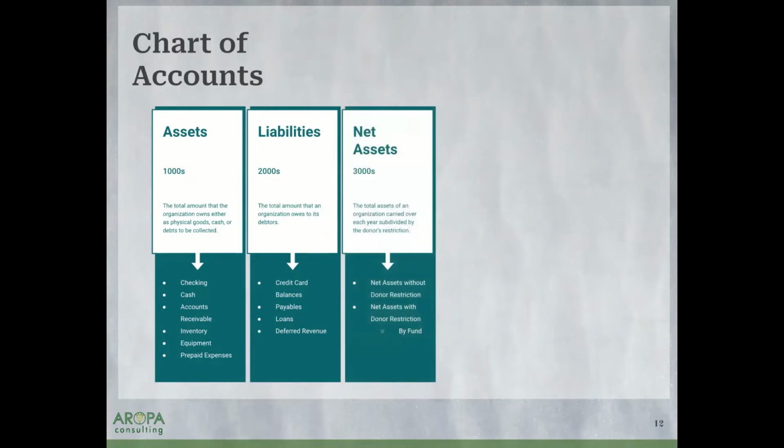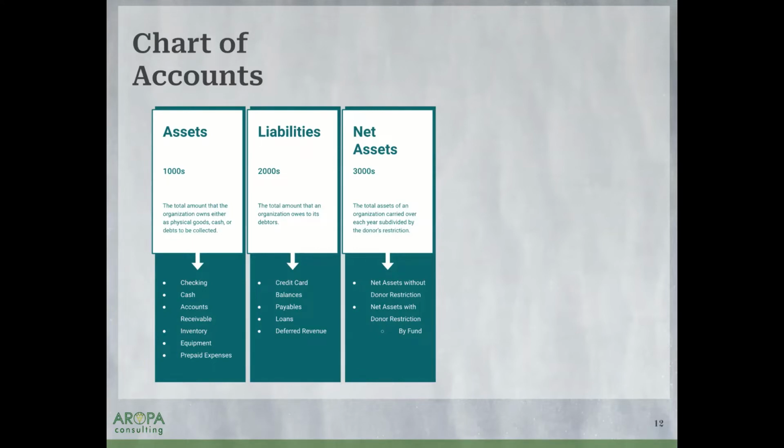The next category is specific to nonprofits. In a for-profit context, this is called equity, but there's no equity in a nonprofit because, as I mentioned at the start, our equity lives in the organization. There are no shareholders that we need to pay. There are no stocks or dividends. Any profit that we have comes back into the organization year after year. As we talked about, the donor restriction is what drives the net assets each year.